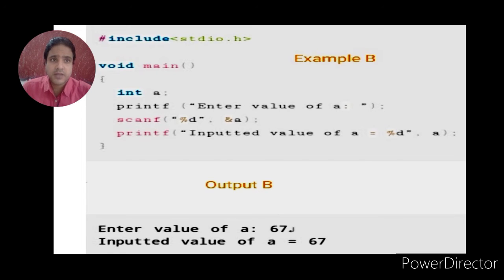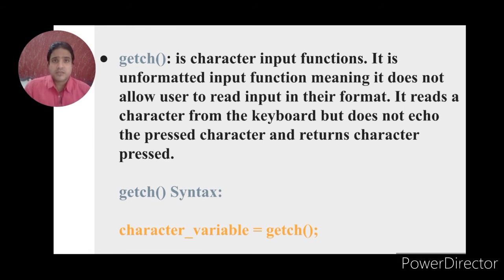You can see very well. Now, in case of the unformatted input output functions, getch is an unformatted input function which receives the character whenever any key is pressed by a user on a keyboard. This will not echo on the screen, but if the user wants to print whatever key is pressed, it may be fine. The syntax is like here, character variable ch = getch().